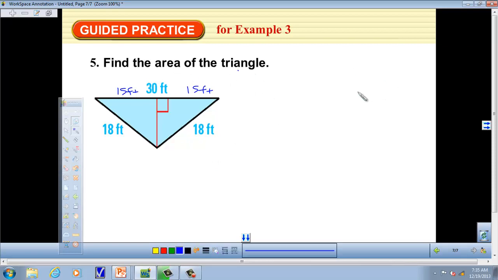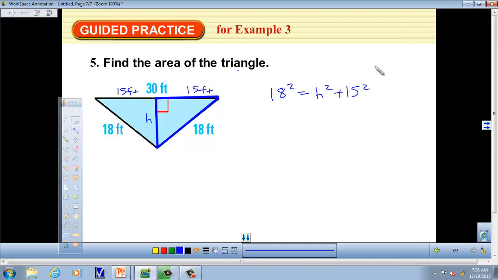So we have to do it the old-fashioned way. We're only going to look at one of these triangles as a right triangle because we want to find the height. So the height is right here, and so the hypotenuse is 18, so we say 18 squared is equal to h squared plus 15 squared,